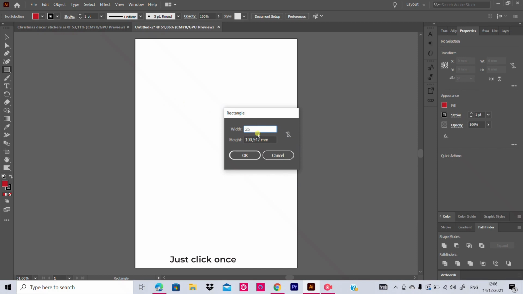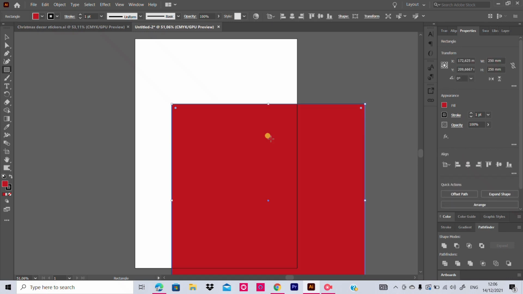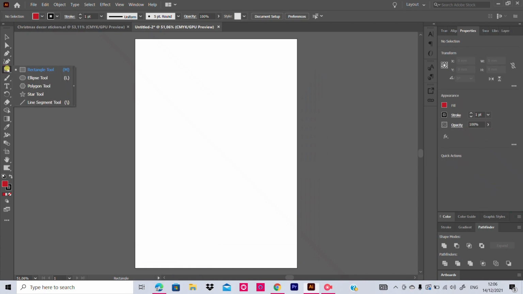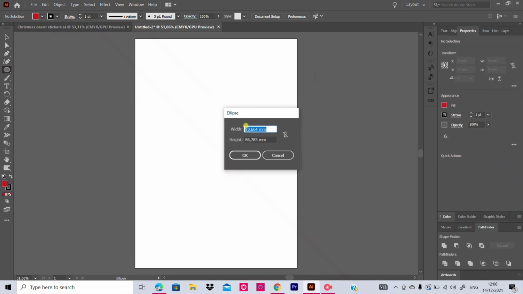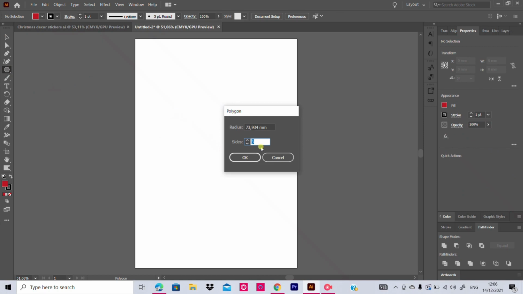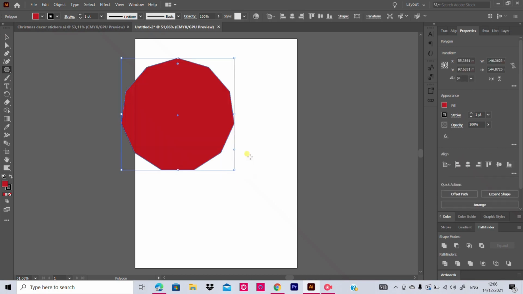From here also you can directly change the value and make the rectangle. Same thing for other options also. Ellipse tool, just one click will give the width and height. Then for polygon, click. See, from here also increase the value.